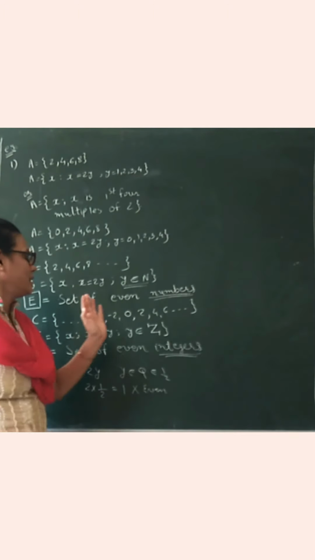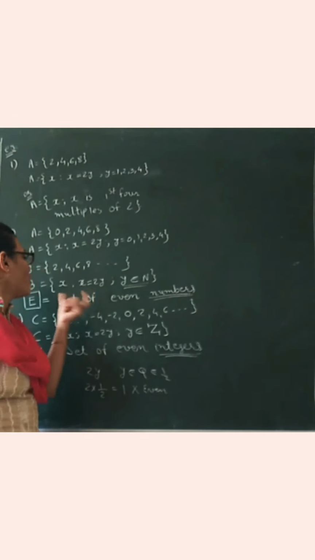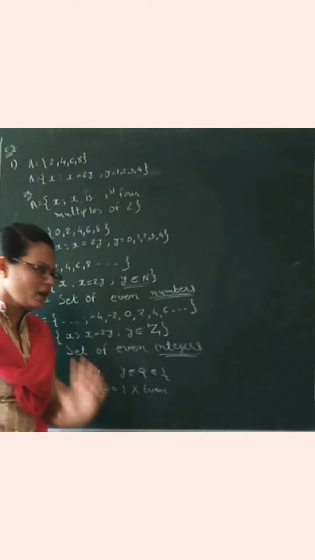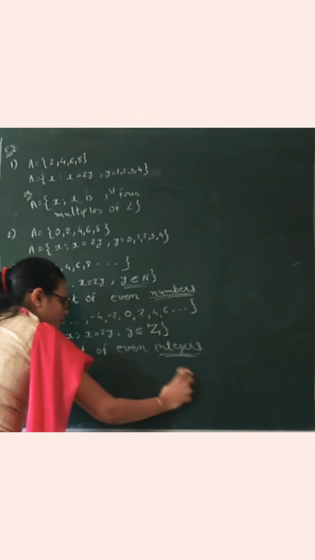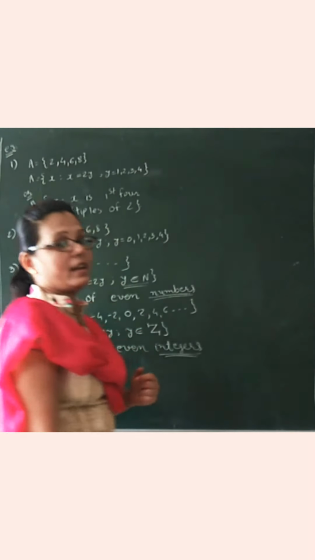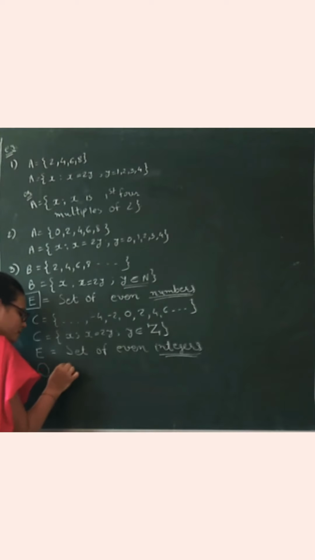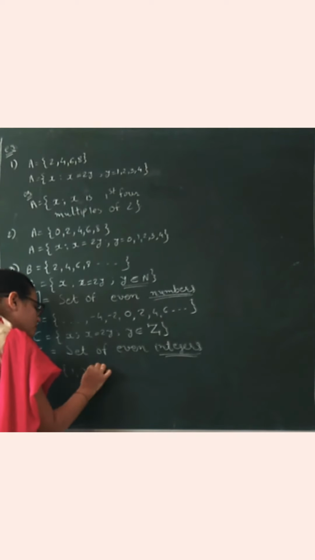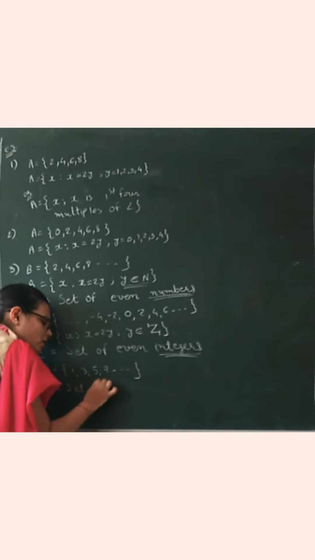So I am not taking any numbers except y belongs to Z. Okay, for even numbers, set of even numbers. Okay, so our idea of even numbers is only for y belongs to N and for y belongs to Z also. Okay, so अब even number तो ले लिए, तो फिर odd number बोल रहे हैं कि हमें क्यों नहीं ले रहे हैं, तो उनको भी ले लेते हैं. So now I am writing O: 1, 3, 5, 7. So this O is called set of odd numbers.